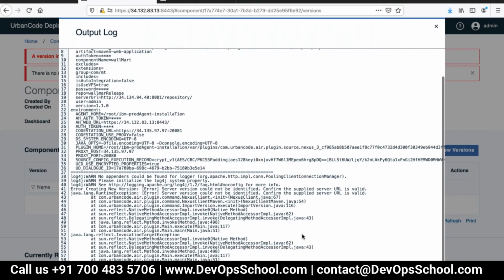Warning. Sibling issues. See, it's not reaching here. Server version could not be identified. Could not confirm. He's saying there's an issue with this. Server version could not be identified.